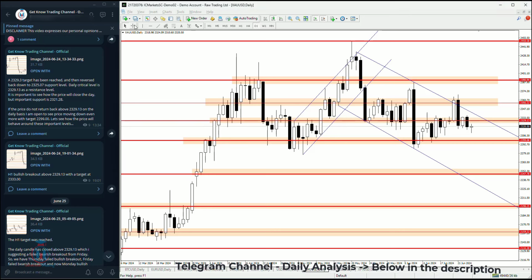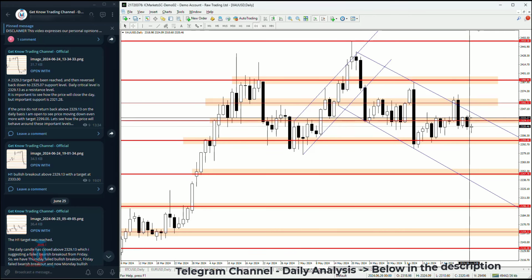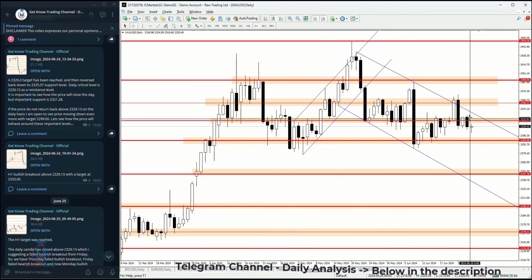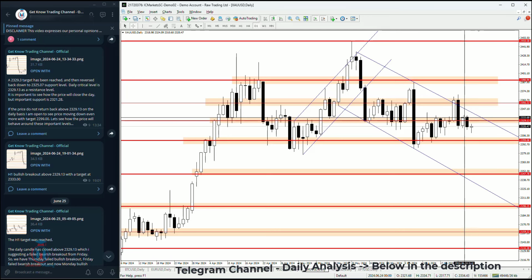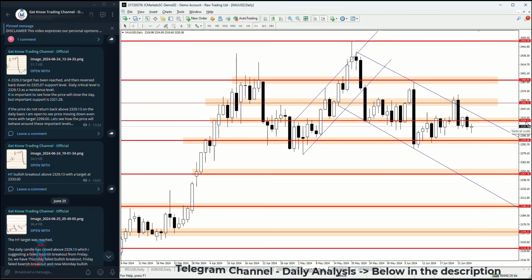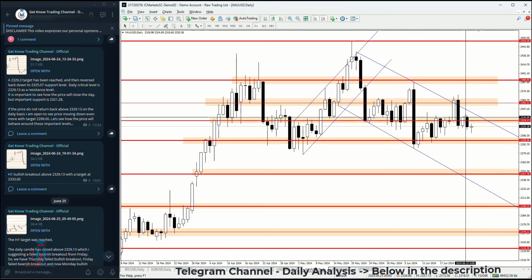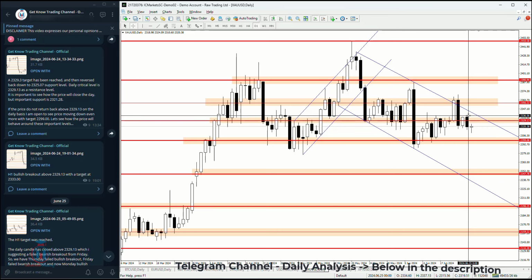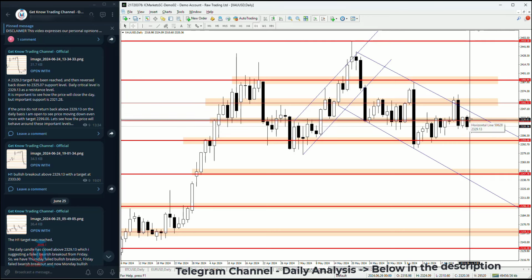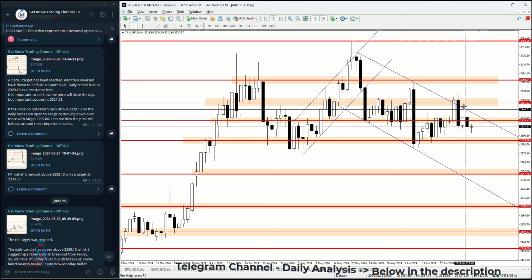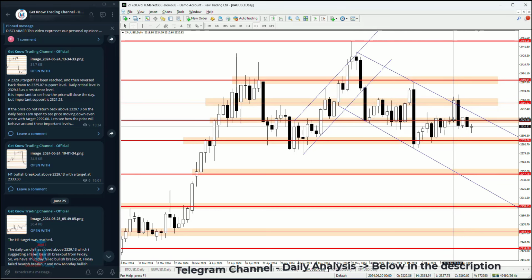Currently we have gold against US dollar. Yesterday formed this bearish engulfing candle, where we can see a bearish candle has gone from the upper side of 2329.13 below, and we can see that the previous day, which was a bullish breakout on the market, currently has been failed. But we need to pay attention to this because on a Thursday we had a bullish candle form